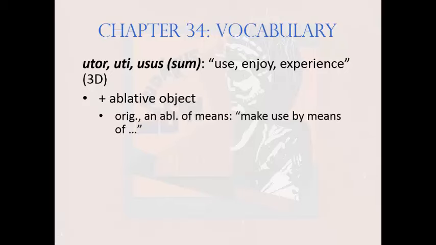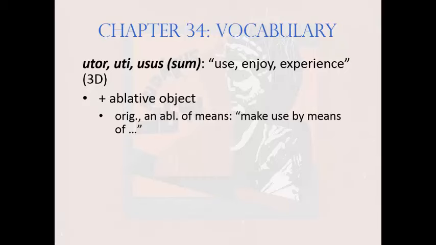It's actually not an object. It's a vestige of an ablative of means, because the original sense of utor was make use, create utility by means of whatever. However, for the sake of convenience, we're going to call it an object, the ablative object of